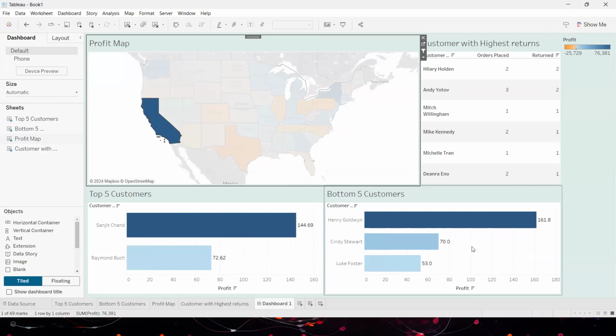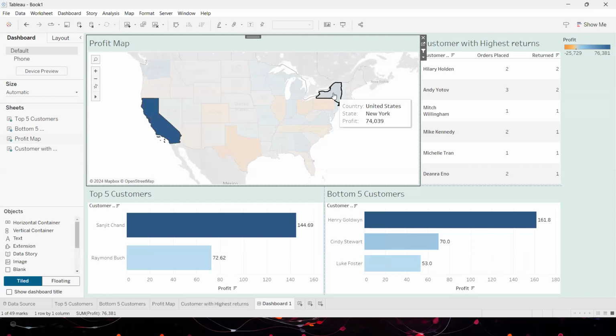The ones in the bottom 5 list, who have supposedly given us very bad loss, even they have contributed to profits when it comes to California. So no wonder this state is doing so well. Even the least profitable customers are giving us profits there.